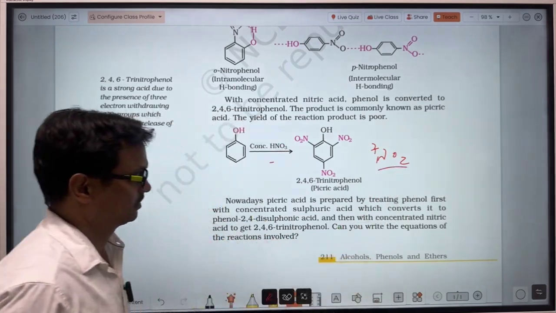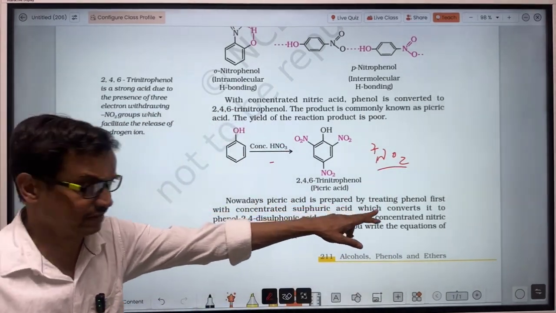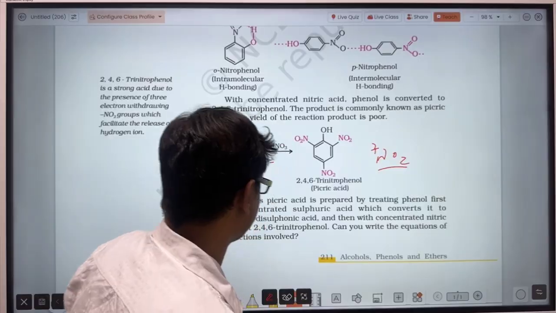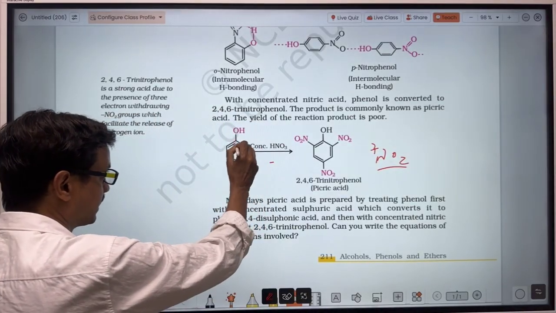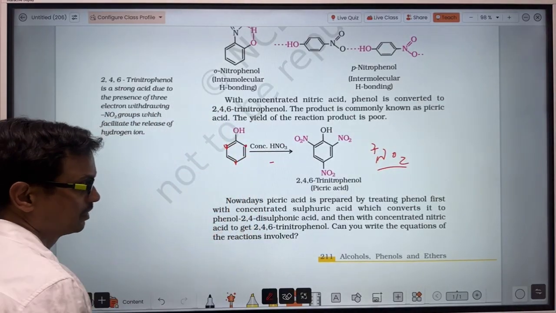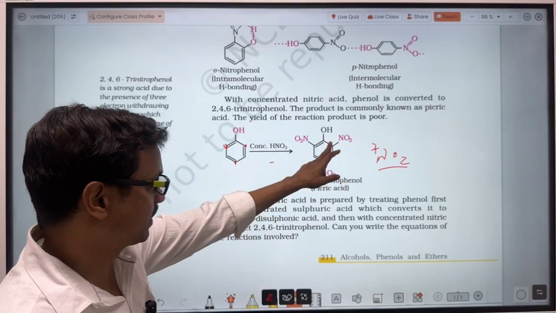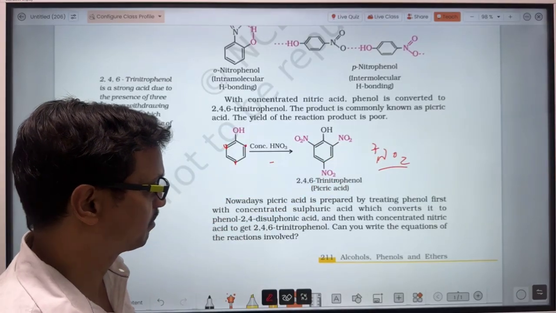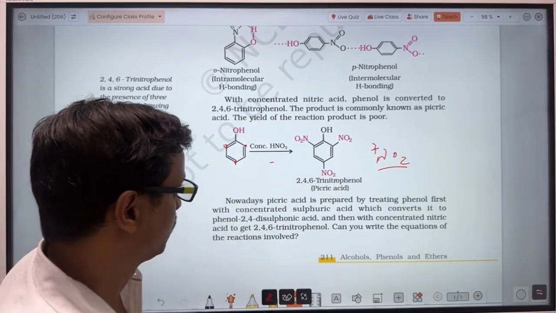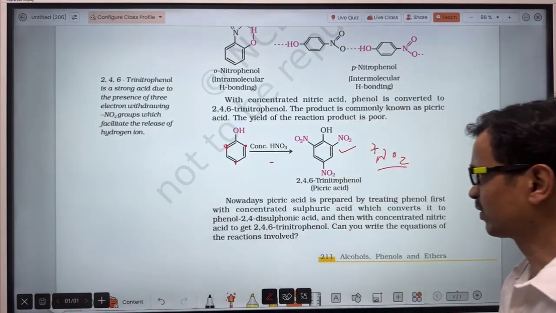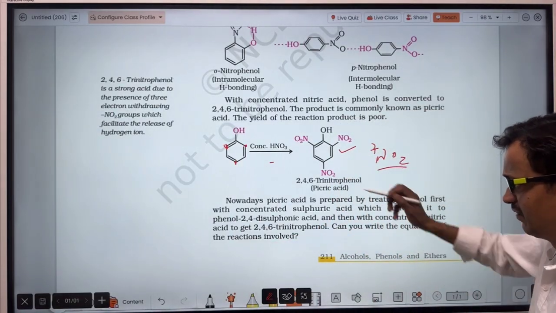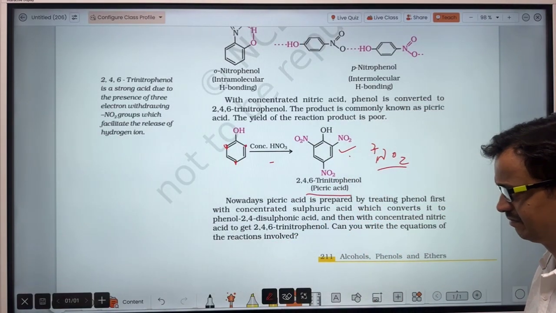So the NO2+ is the electrophile. Electron density is high at the ortho positions, these two positions, and at the para position. So the electrophile will bond at both the ortho positions as well as the para position. That's why 2,4,6-trinitrophenol will form,